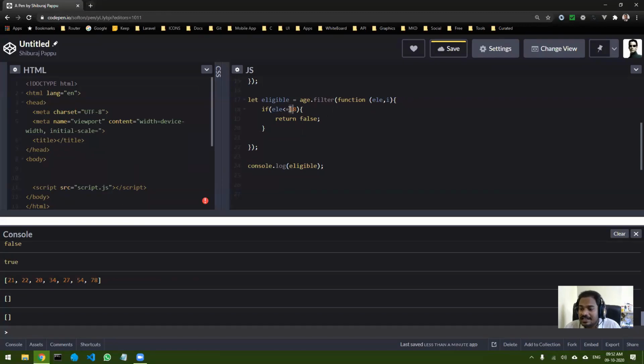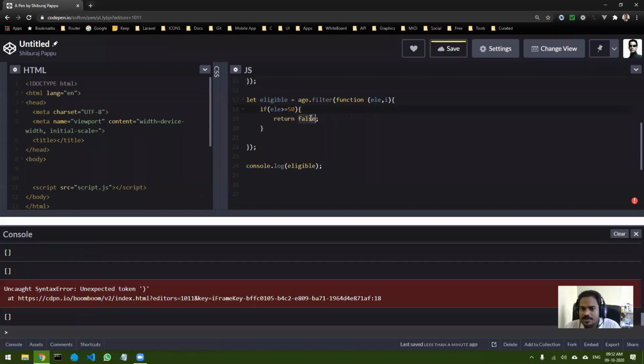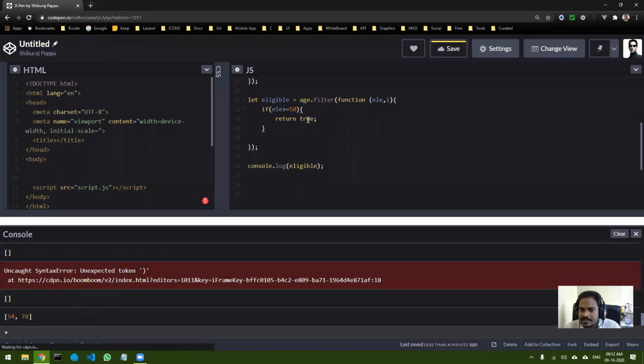I want greater than 50, so I will say greater than or equal to 50. If this is the case, then I'm going to return true. So if element is greater than or equal to 50, I return true. You can see the output gives me only 54 and 78.